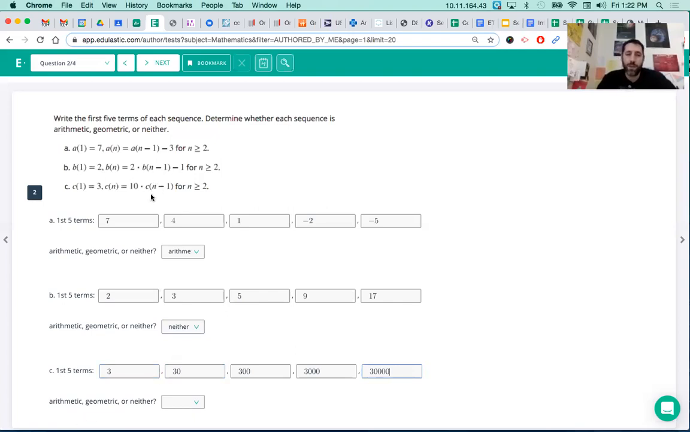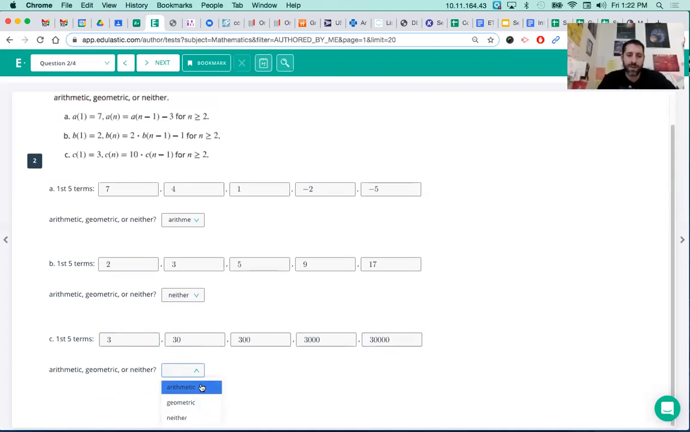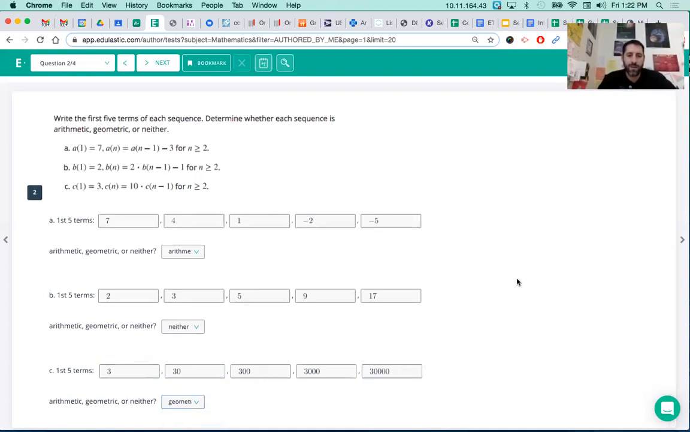Now this is being multiplied by the same thing each time, making it a geometric sequence. Okay. All right, that's number 2. Number 3,